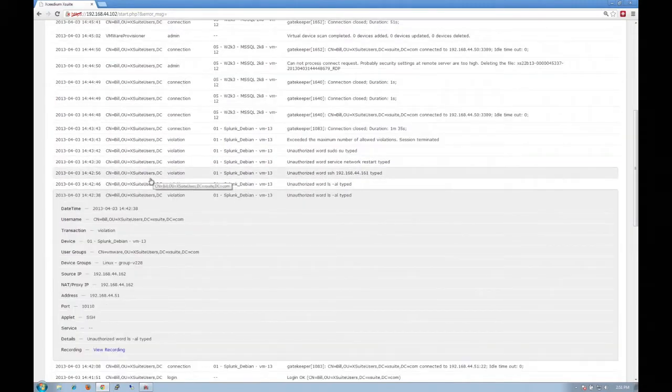So the cool thing about our logs is, I logged in with an account called Demo on the Unix system, but all of the activity is still traced back to the individual user ID that logged into Xsuite. This is the reference that we talk about to being able to attribute user activity. In my opinion, it's sort of like the best of both worlds. I don't have to have individual user accounts with different sets of privileges on every single system in my environment